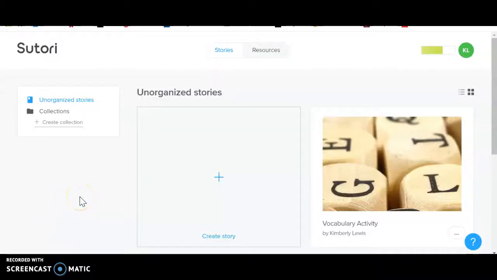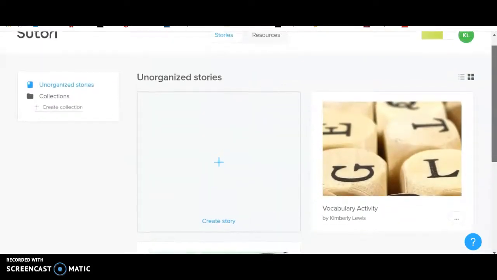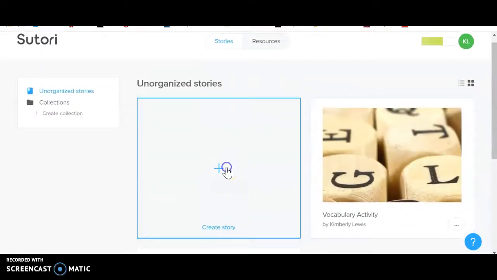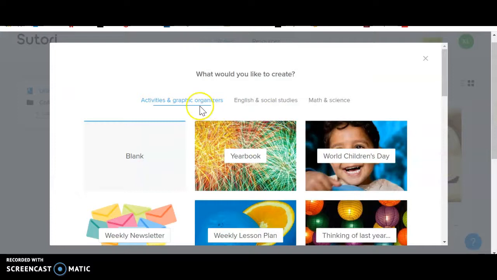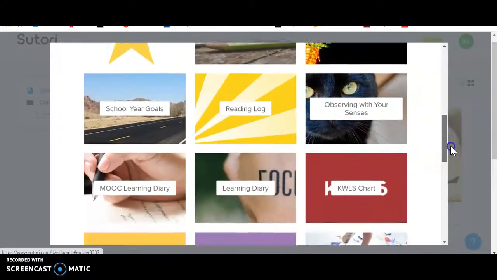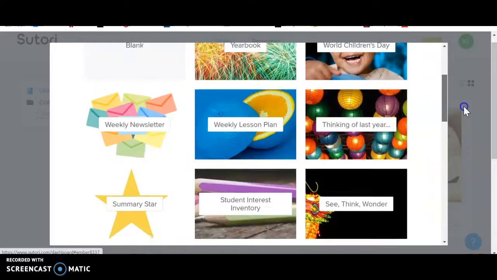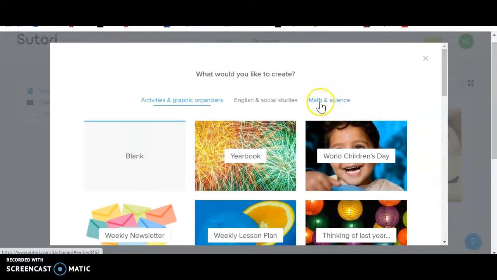So this is Sutori. This will have the main page where you can have the stories that you are creating. So when you go and create a story, you can choose from certain types of activities, graphic organizers, English, social studies. So it has the subjects, maybe what you're planning on doing, business plan. So maybe I'll go to